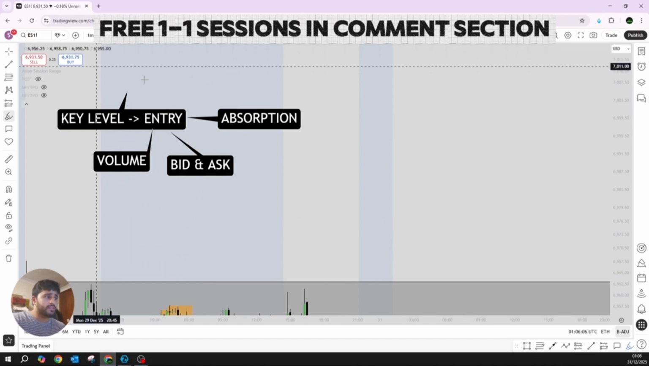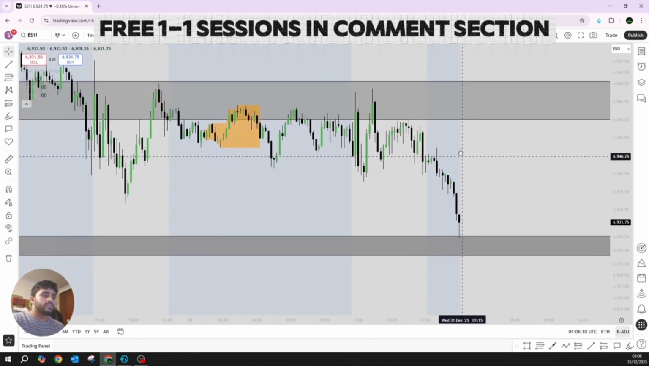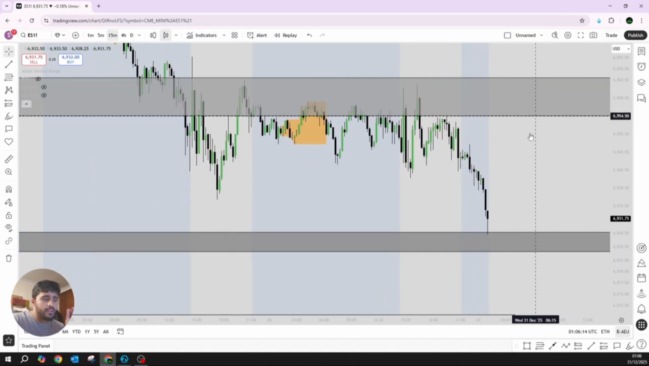So I'm going to be breaking this three-step process down into the most recent price action. Just to kick things off here, we have ES futures. Now, step one, you're looking to identify